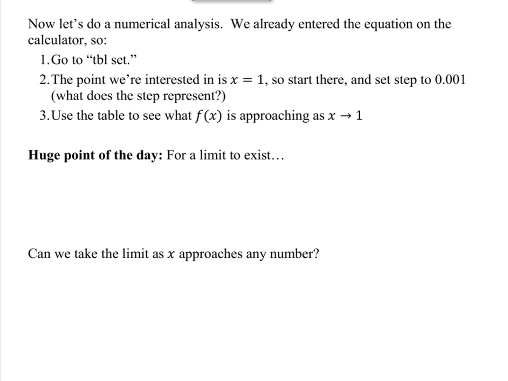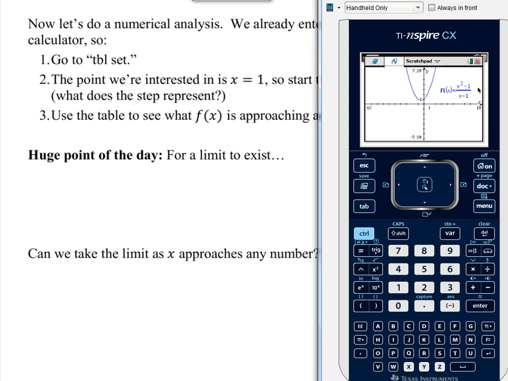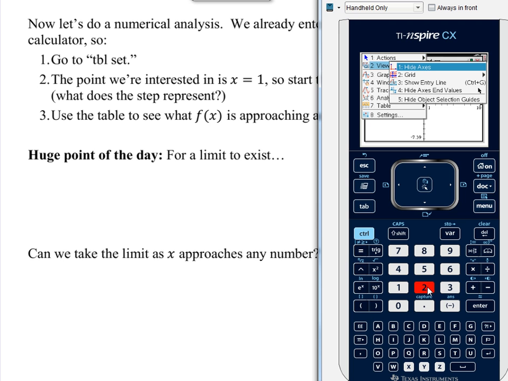Okay, so we did the graphical analysis, now we're going to do a numerical analysis. We already have the equation entered into our calculators, so on your calculator, go to table. This table set is for the TI 83s, not the Inspire. What we're going to do instead is go to menu. Anytime you want to do something on a calculator, you're going to go with menu, and then we're going to go to view, and then we're going to,